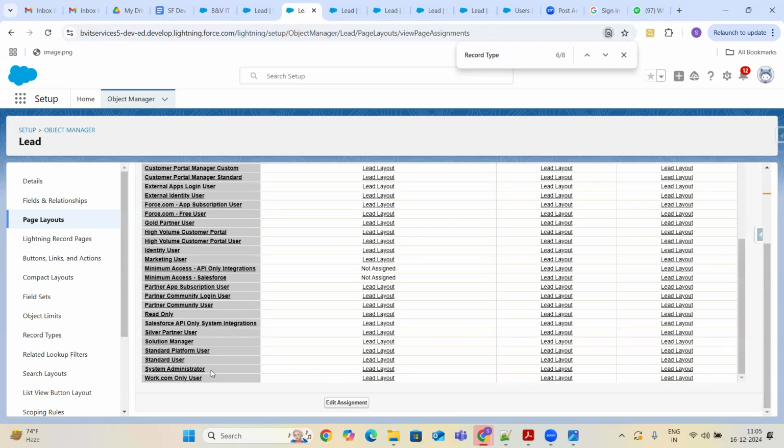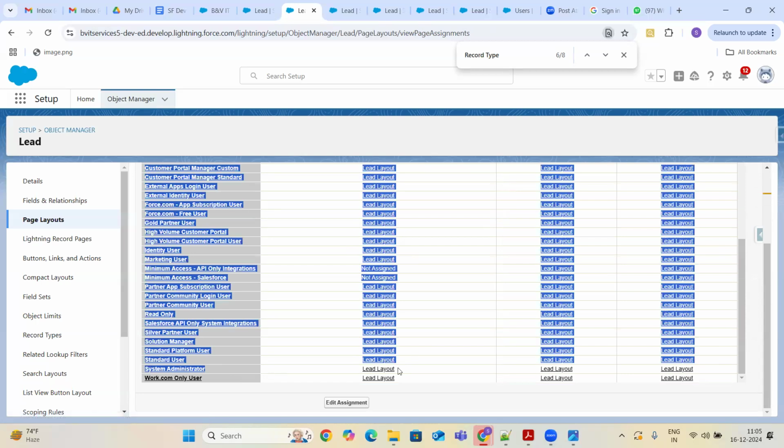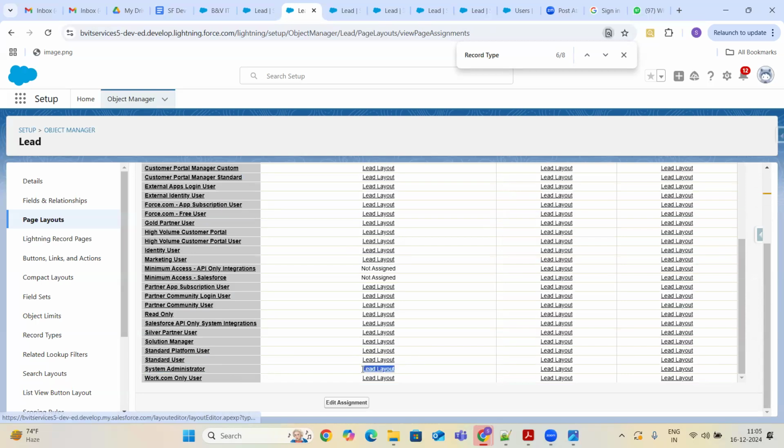For the system administrator profile, we are going to see the lead layout. That means all six fields in the additional information. That means whenever you would like to see different information for different profile users, then we create page layouts. So page layouts are fine and enough.